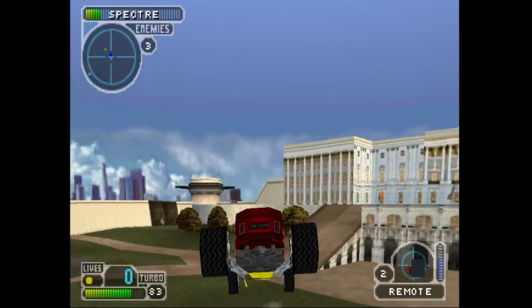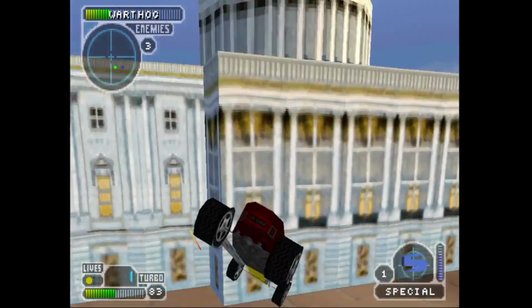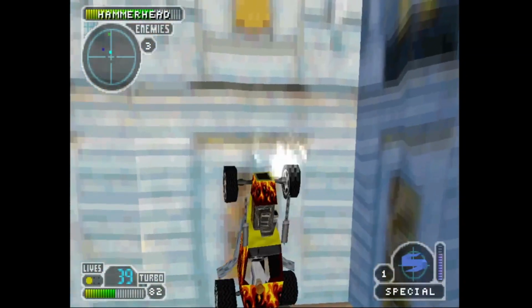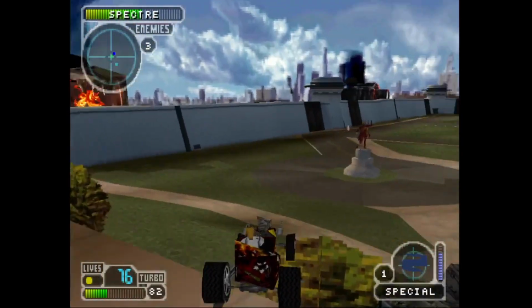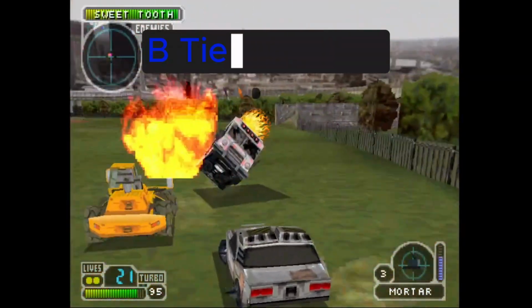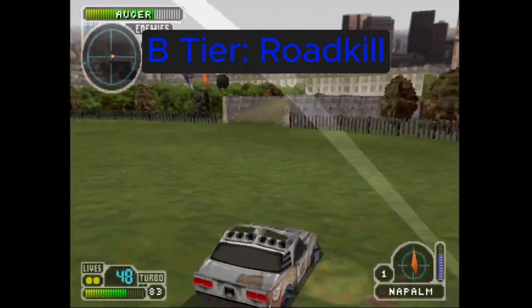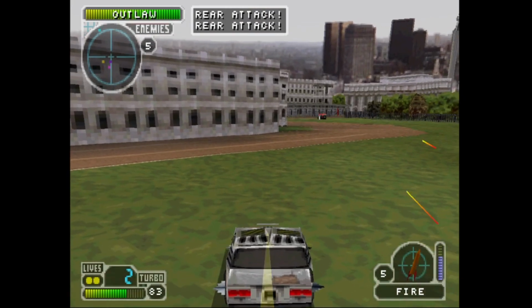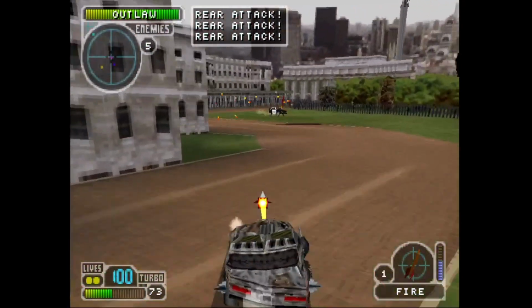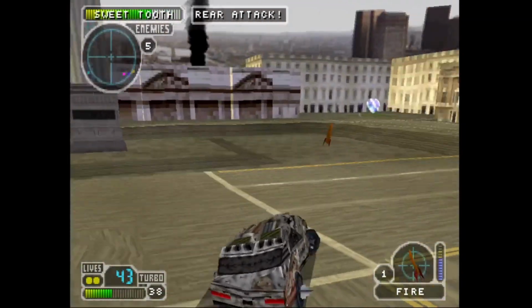I honestly wanted to rate this character way higher than B tier, but the fact that their special backfires on them and is super hard to aim just makes him a little less fun to use, so he'll have to be down here in the B tier. And at the top of this B tier, arguably the most polarizing character of the entire game, we have Roadkill. This is another junk vehicle driven by Marcus Kane. In this rendition of the game, he is saying that aliens from Area 51 are telling him to go kill